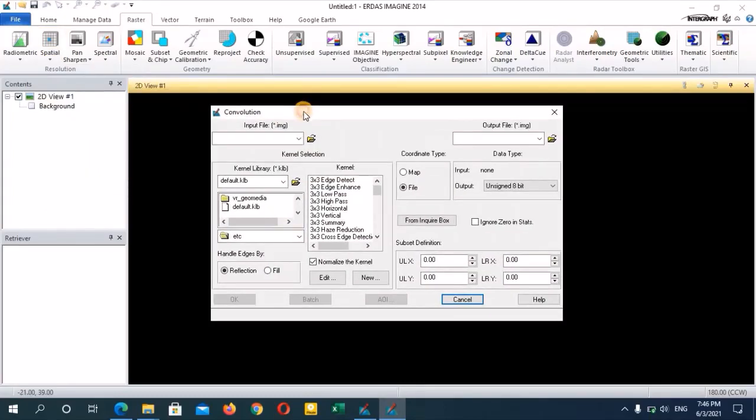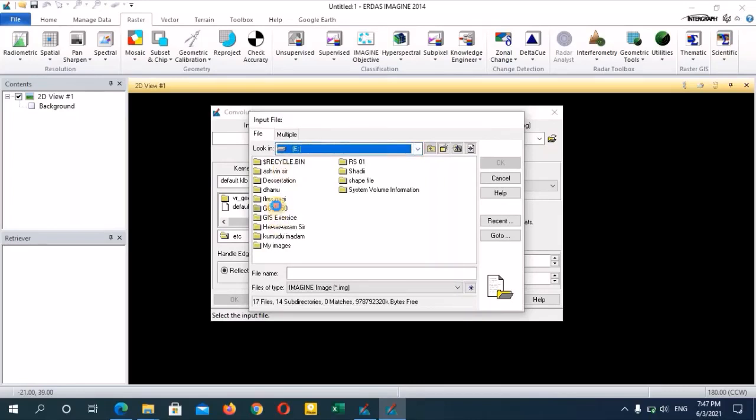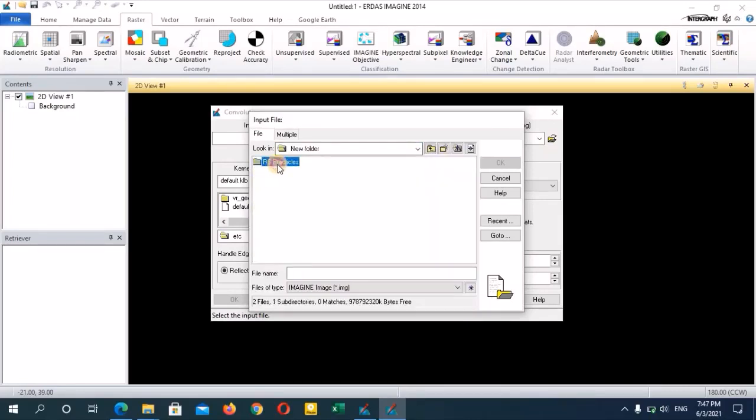And in here you will be able to see that it is again providing a view with different types of kernels and the kernel libraries. So here you can apply the permanent filters to your image. First of all, what you need to do is input your image file. So I'm going to input my image file. So this one, my net area,